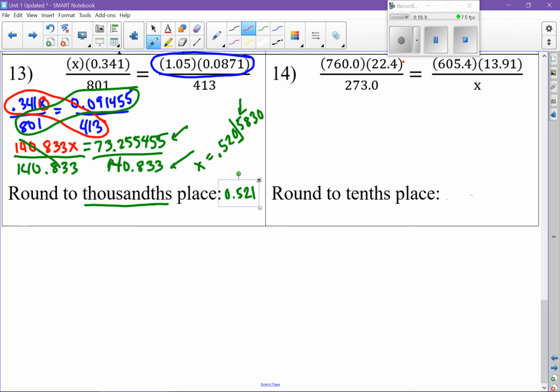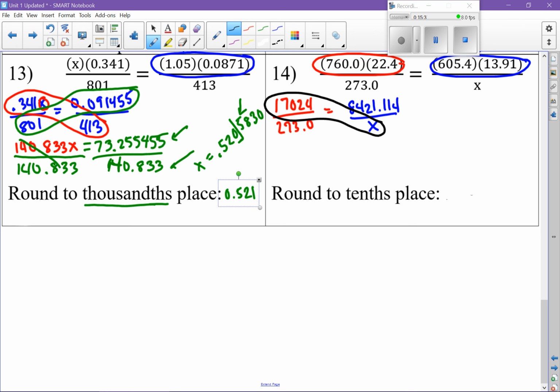Over here we have lots going on, so I would take anything that you can and combine like terms. So I'd multiply these two numbers in red and multiply the numbers in blue. On the left hand side I get 17024 over the 273.0 equals. Multiply on the other side 8421.114 over x. Now you're set up, you're going to cross multiply. Cross this way. You get 107024x equals, cross in the other direction, multiply those two numbers together, and you're going to get, oh, that's a long number,